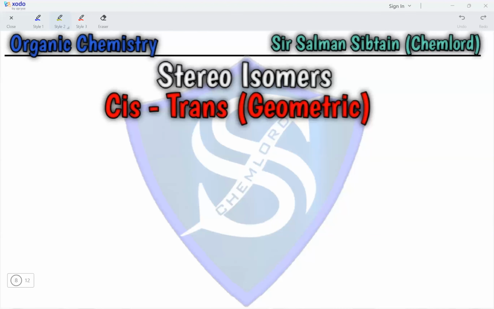Hi guys, this is organic chemistry and we are looking at stereoisomers. So there are different types of stereoisomers. The first one that we are going to look at is cis trans or geometric isomers. So the requirement of a cis trans or a geometric isomer is that there should be a double bond present